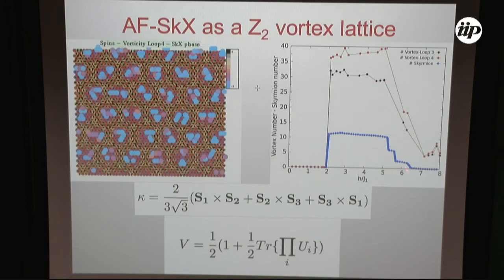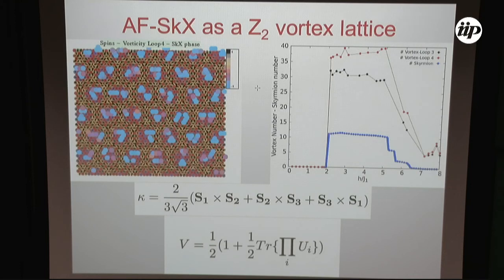Of course, it goes down with steps because it's a finite size computation. So the skyrmion lattice has to adjust to the size you have. But if you study this with larger sizes, you see that this will go down smoothly. And also we have done this with some continuum description. And we compare this with the vortex number. So how do you compute the vortex number?